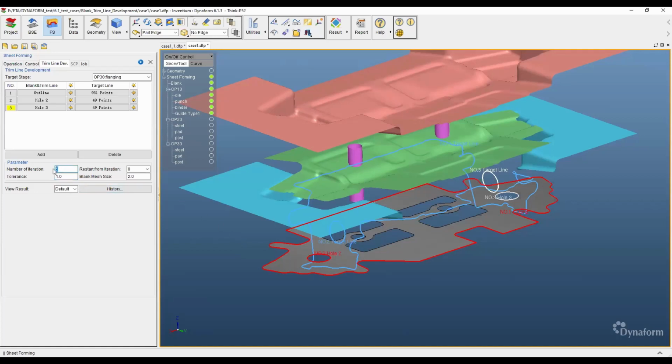So here's the number of iterations. It means if the simulation is not converged even after 5 iterations, the software will stop, no matter whether it's converged or not. On the right, we do have this restart from iterations. It means if you only finish 2 of the iterations but you want to check the result, you just stop it. But you want to restart from iteration 2, then you can restart from certain iterations. And also, we do have this blank mesh size. It means after each iteration, after the software modifies the trim line or blank outline, what size you want to use